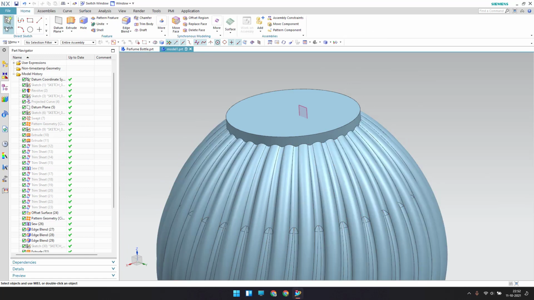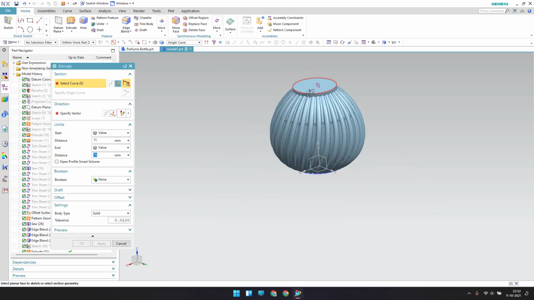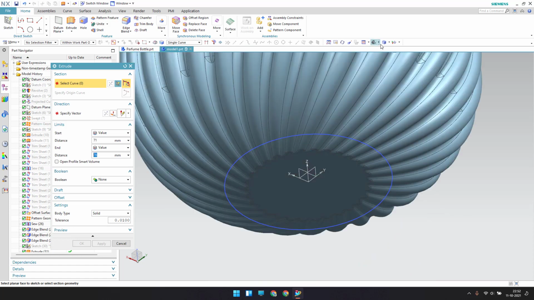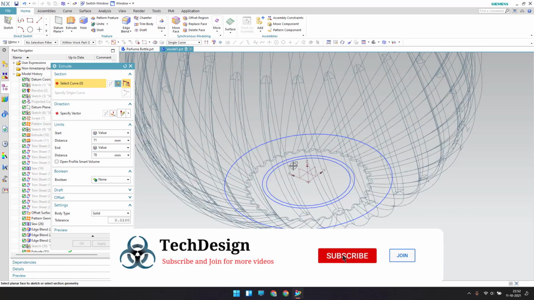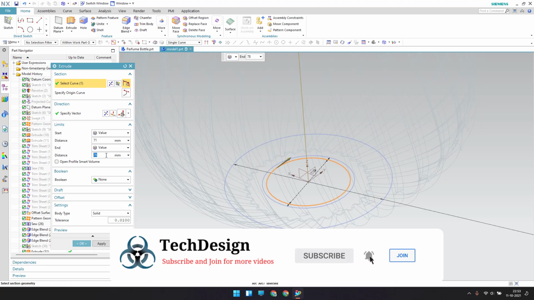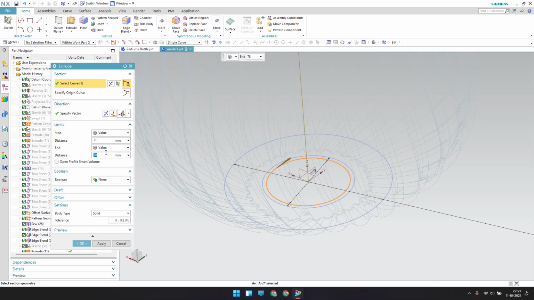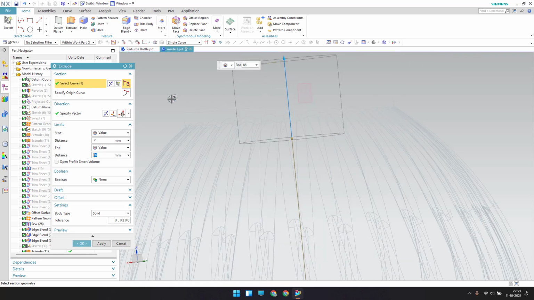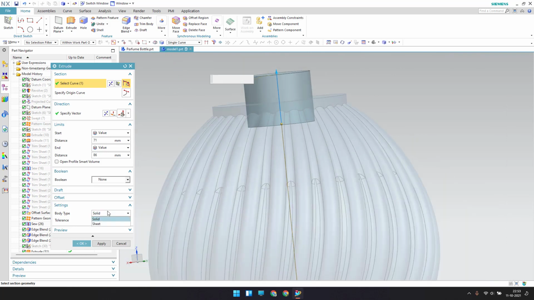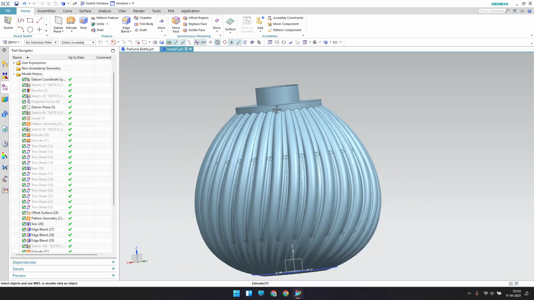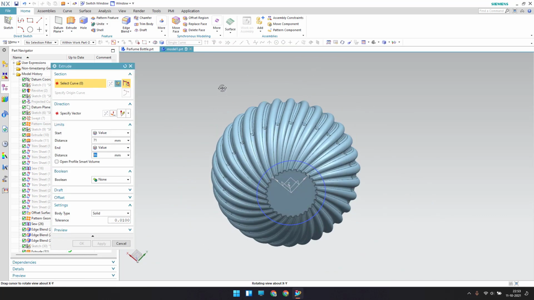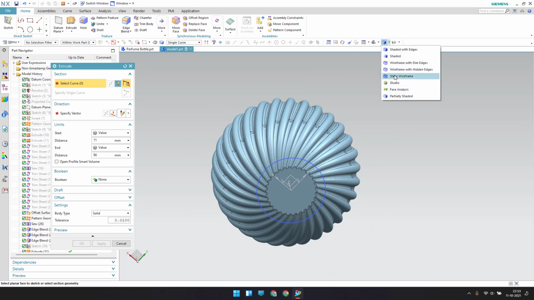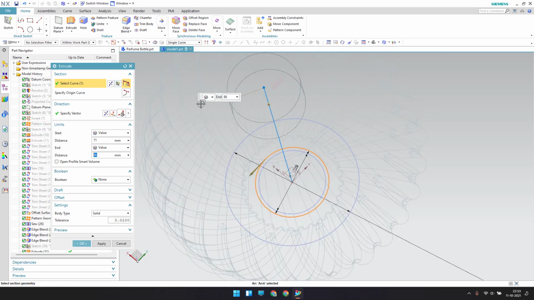So now I'll go to extrude, and I'm going to select this. Let me go to static wireframe, and I'm going to select a smaller circle. It should be from 71 to 86. So 71 to 86. Okay, so it will come over here, as you can see here on the top side. Okay, and it should be a sheet, and click OK. In the same way I'm going to extrude this other circle as well. So go to static wireframe and select this.